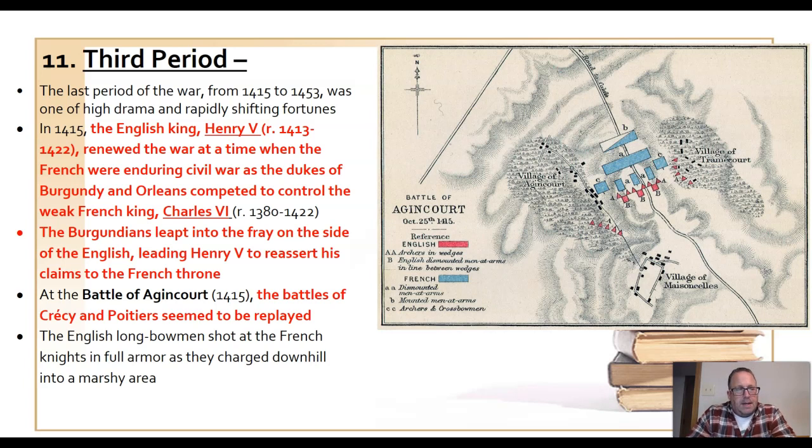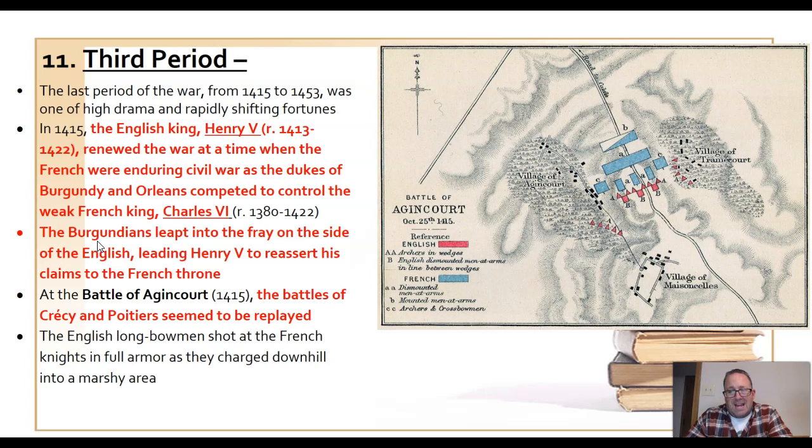So something happens to convince the new English king, Henry V, to go ahead and attack again, because he thinks that he's got an advantage now, an opportunity to defeat the French and take the throne of France. And that is because one of these duchies, the Burgundians, Burgundy,